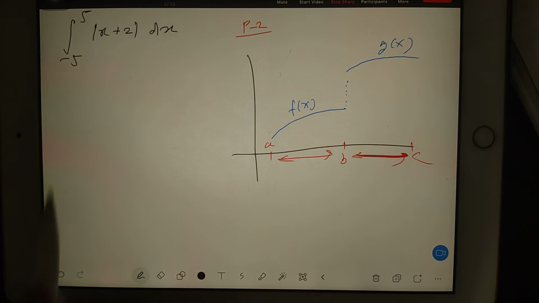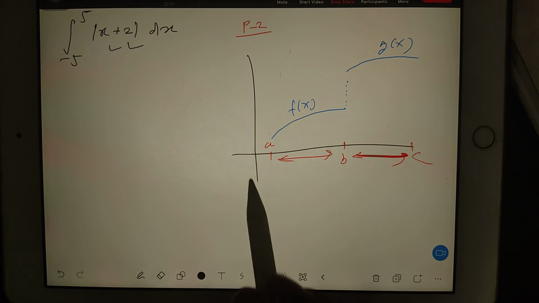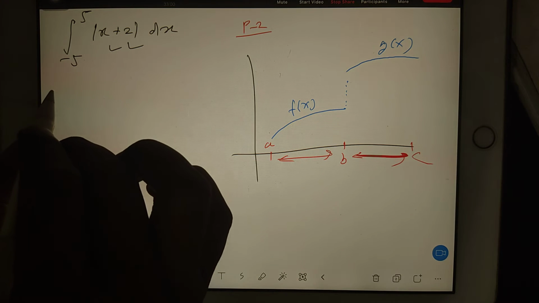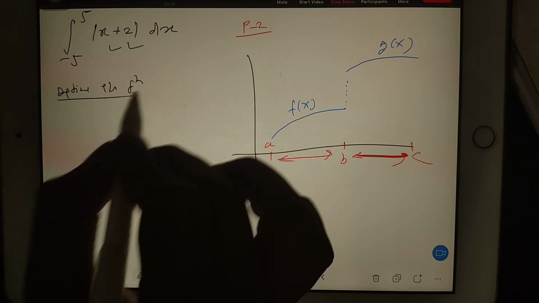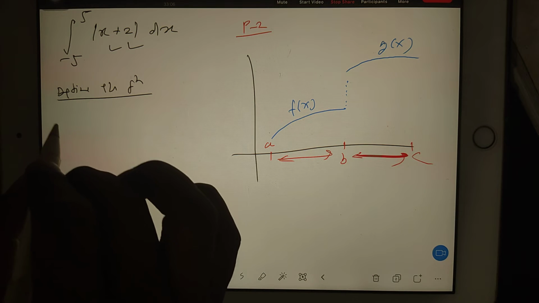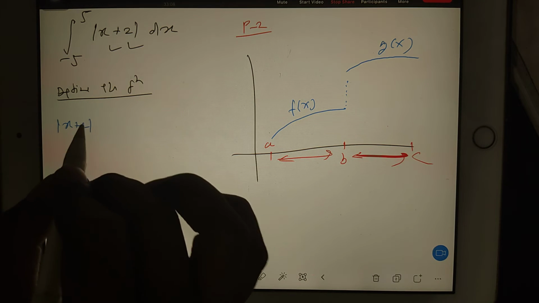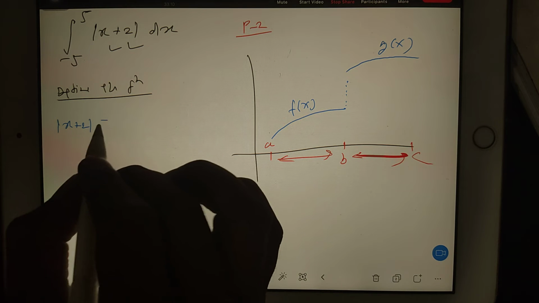In the same way, if you see mod of x plus 2, then first of all you have to define the function. So your first job is to define the function, because it is a mod function. So how will you define the function? So mod of x plus 2, how will you define it? You will write this as